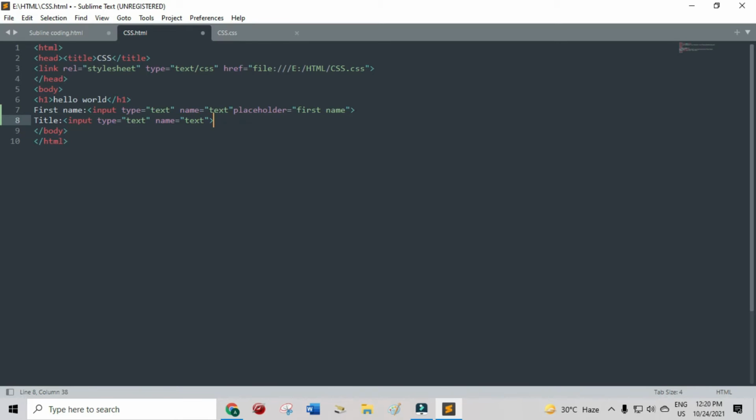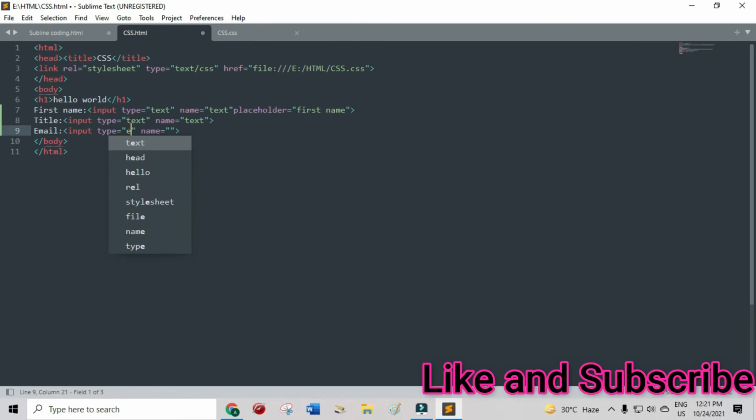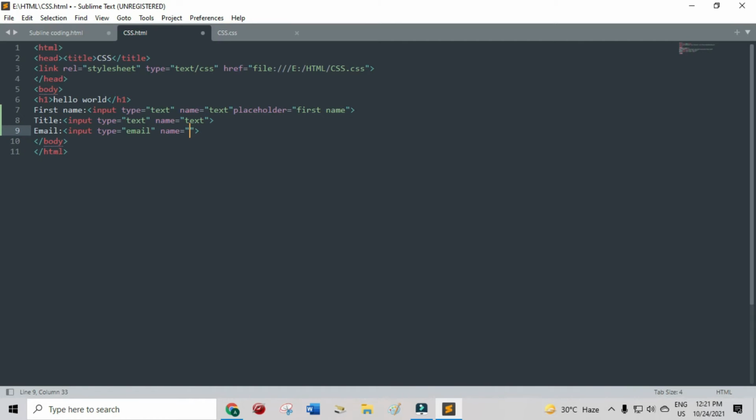You can write placeholder also, but I will not write placeholder. So after title I will write email, this symbol, input, and in type you don't have text now. If there is email, write email, and in name also email,